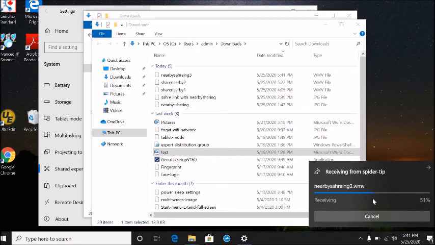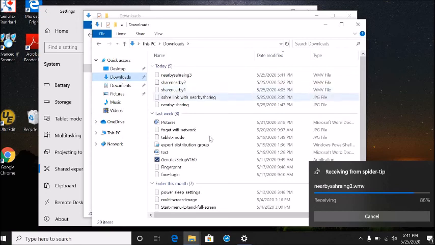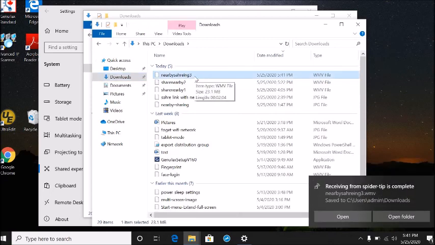Once I receive the file, I can make a change to the file and send it back. It's my file now, it's on this device. If you remember, my default location to save received files is my Downloads folder. So there you go, that's the file I'm receiving. Nearby sharing, with the wrong spelling of course. Nearby sharing 3 is the file name. So now I received the file successfully. Now I can open that file, make changes to it, and send it back to the other computer